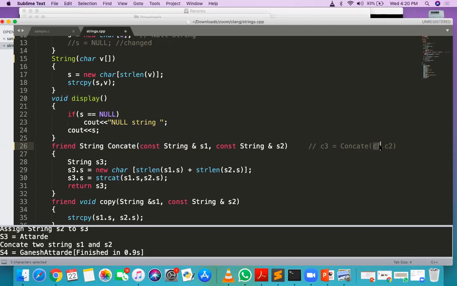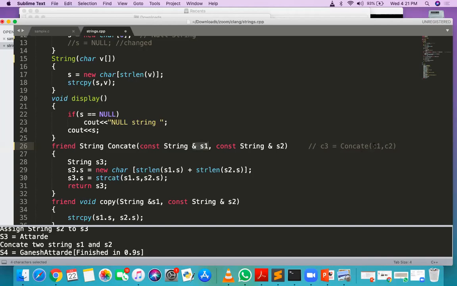Now C1 is the object of the string, so whatever the memory location of C1 is, S1 is also pointing to. Both are pointing to the same memory. So S1 is a reference of C1, and you can access C1 by using S1 here.